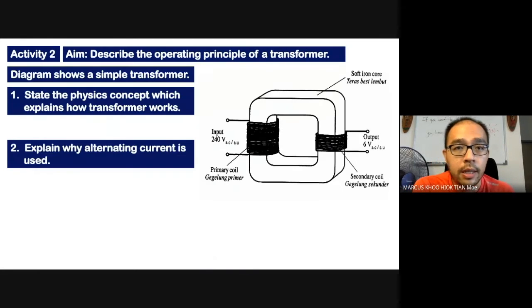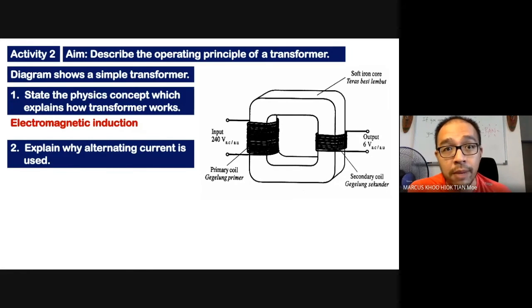Okay, now let's talk about the operating principle of a transformer. So this is how the transformer operates. Very, very important part, this one. You might want to note this, especially number 2: state the physics concept which explains how a transformer works. The physics concept is electromagnetic induction, which is why I spent a very, very